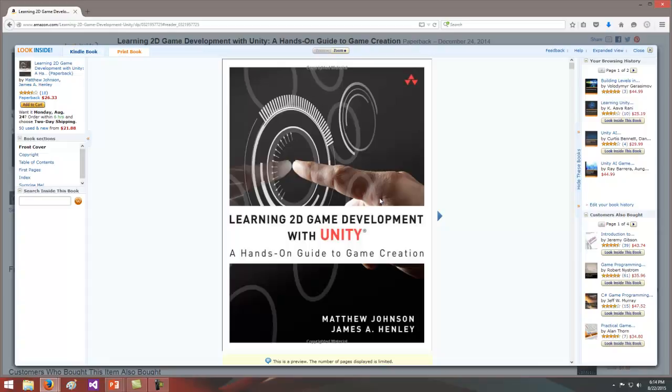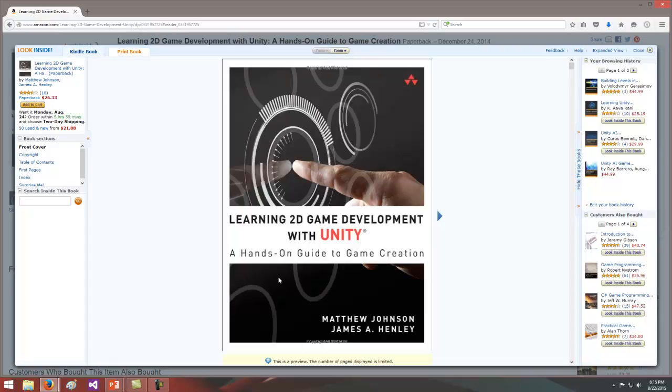This is the textbook that we'll be covering this semester, Learning 2D Game Development with Unity. And one of the problems that we're going to deal with is, obviously, any book that you get with Unity is going to be behind, because if you start writing a book today on the current version of Unity, by the time you get that book written and get everything in there and then send it to the publisher and they edit it and then it gets printed out and then somebody picks it for a class and then the class actually starts, you're several versions behind on the new version of Unity.